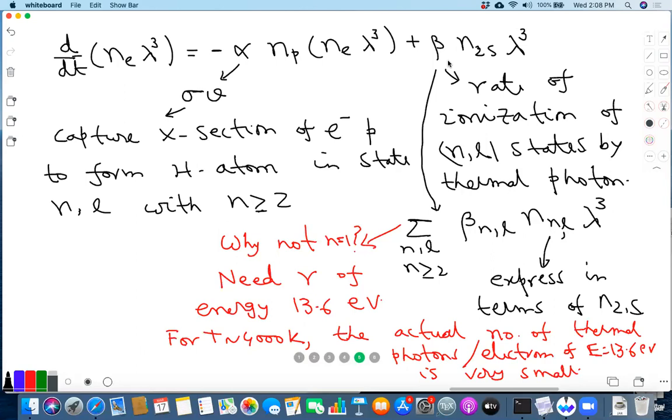So we'll write down the N1s equation, then we can see if you are satisfied. We will not include in that the contribution from this part, because the N1s will be kicked out. And you are right that when N1s is very, very small, then it's not valid, because the photon may lose energy by either scattering with electrons or doing other things before it hits another N1s atom. But that small error doesn't really make a difference.